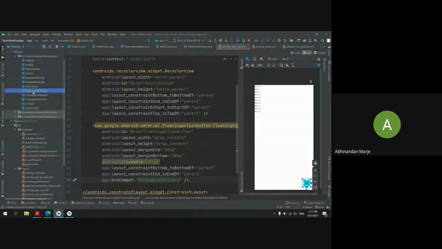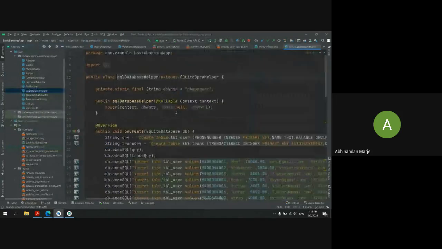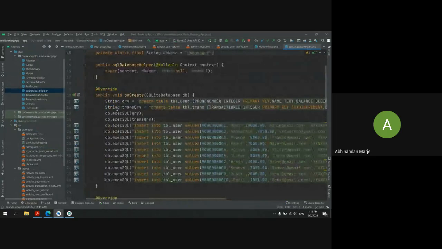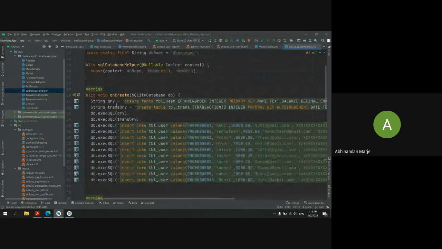Okay, you can see I pass the constructor and the DB name, and then I'm creating the database from here and putting some parameters in it. First thing is you can see I'm passing a query here, which will be SQLite code. This will not be our Android Studio code. It will be SQLite code, which will say create table.